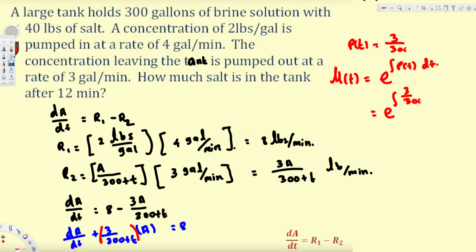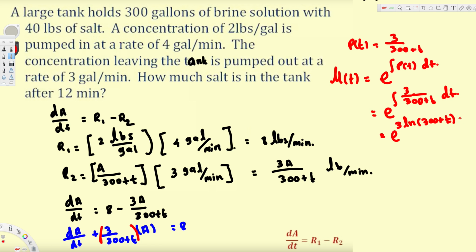Okay, so this should be 300 plus t, and this is going to be 300 plus t dt, and 3 is a constant, we can move that one to the front. 3 is a constant, and also 1 over 300 plus t, if you integrate that one, that's going to give us ln 300 plus t. So this is going to be e power 3 ln of 300 plus t,